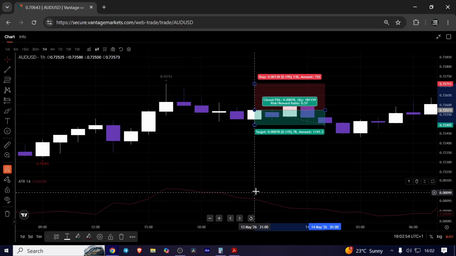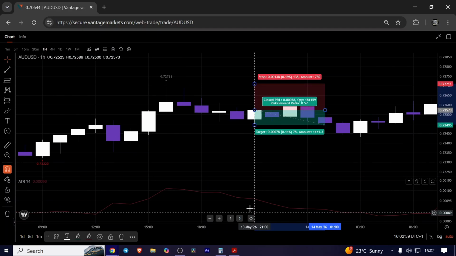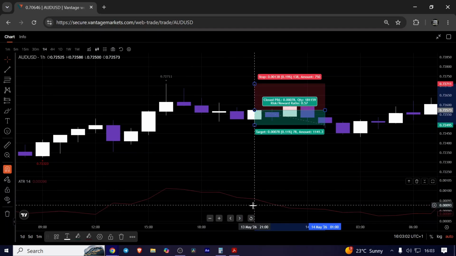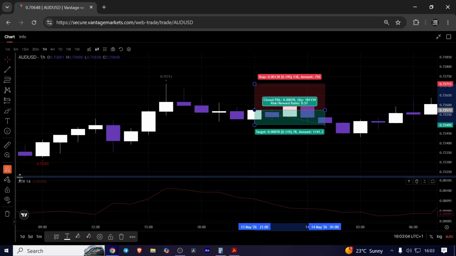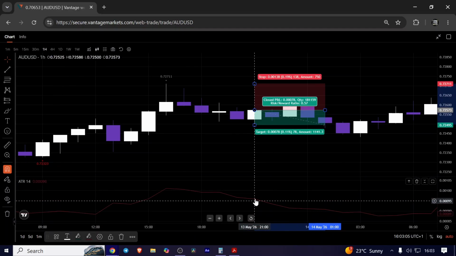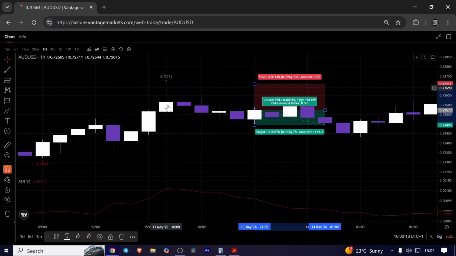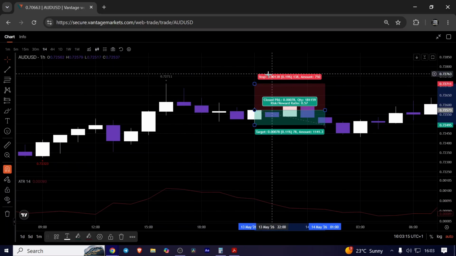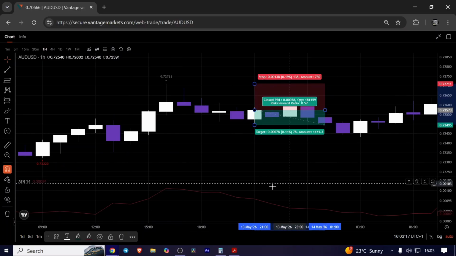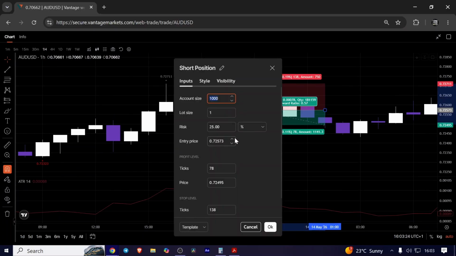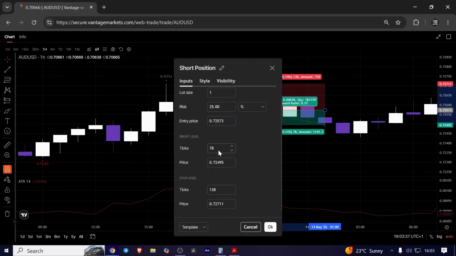So if I hover the cursor where this candle is, notice that on the right it says 0.00096. Here, 0.00096. And so because this is a short and we want to move the stop level up away from the wick, we need to take the price of the stop level and add the ATR. So we're going to need a calculator for this to avoid the maths, and come down here, a copy of the stop level,